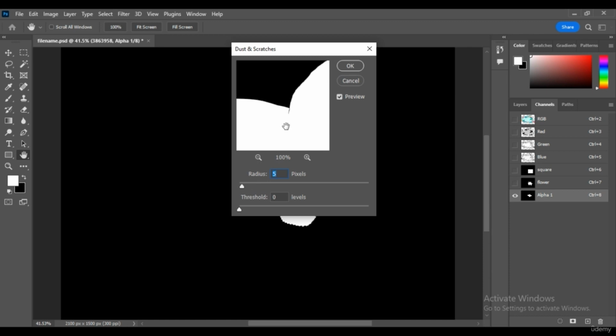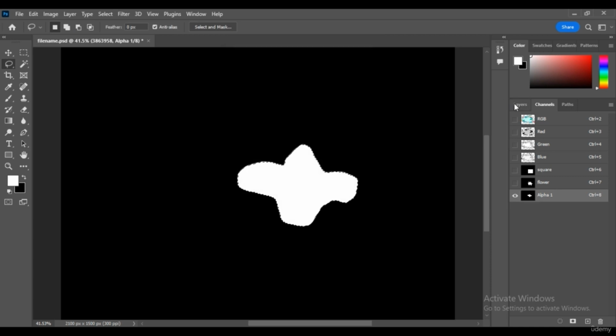You can see there is the little black dot over the corner. Then if we apply the dust and scratches, the selection becomes smoother. Just put a little amount of radius and leave the threshold in 0 levels. Press OK. And that's it for how to refine edges for selection in the dust and scratches filter.